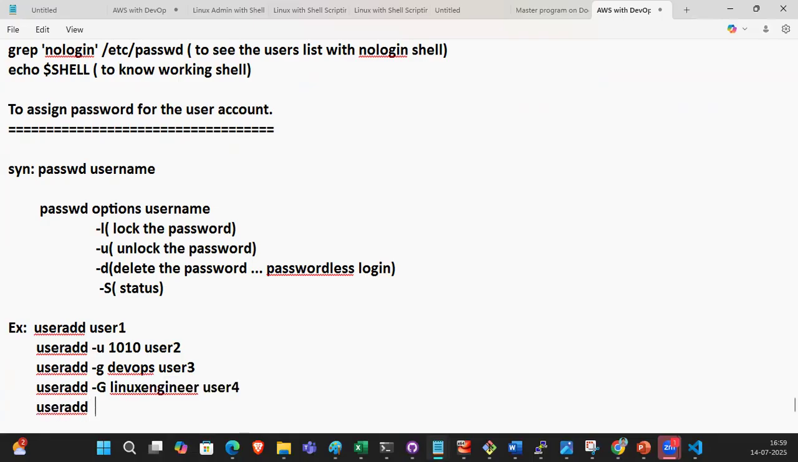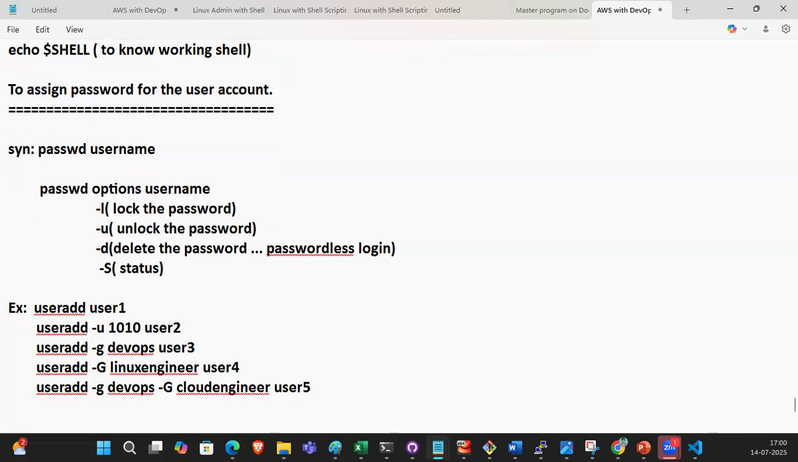useradd -g as DevOps, DevOps with a -G capital as cloud engineer. Cloud engineer, user 5. Okay, so I'm creating a useradd -s